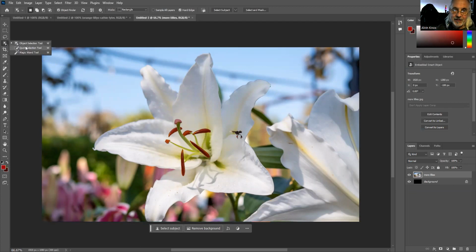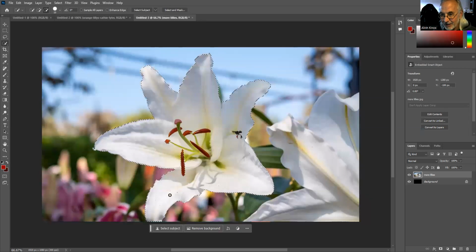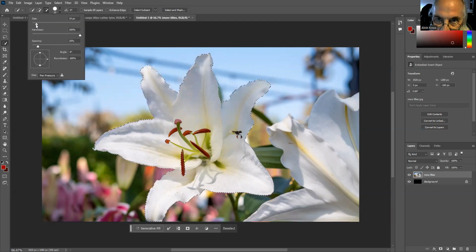So I'm going to go back to the quick selection tool and boof, boof, boof, boof, boof. It's pretty darn smart too. It's not like it's taking a lot of effort for me to get this lily. It has left out, notice, some of these center pieces, and maybe that's kind of nice. And if I made my brush really tiny,